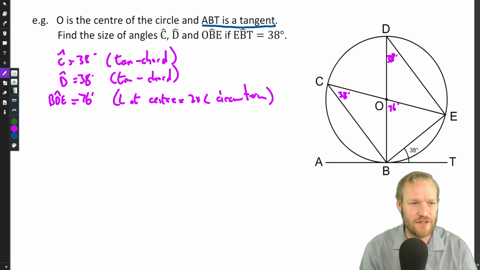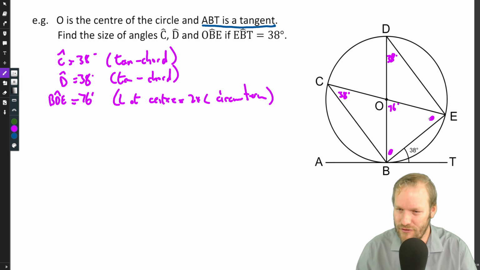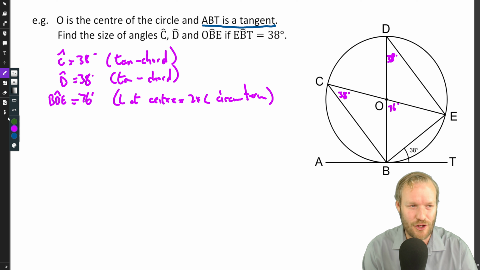Find the sizes of C, D, and OBE if EBT equals 38. Okay, well, C, that's done. D, that's done. BOE is 76. And looks like we've wasted a bit of time because we don't actually need that angle over there at all. We could now work out these two from isosceles triangle, but we would really be spending unnecessary time because rather